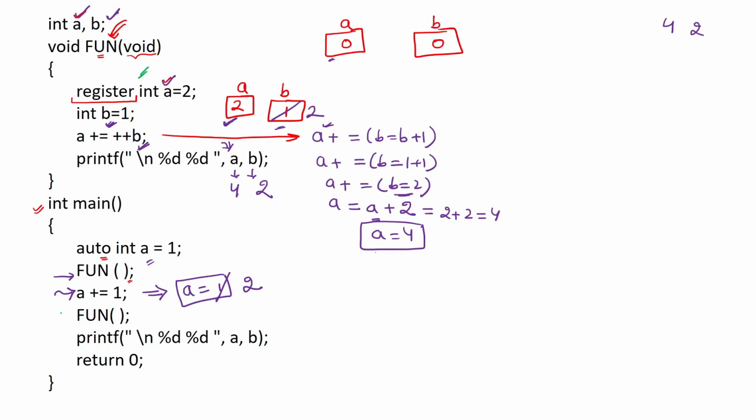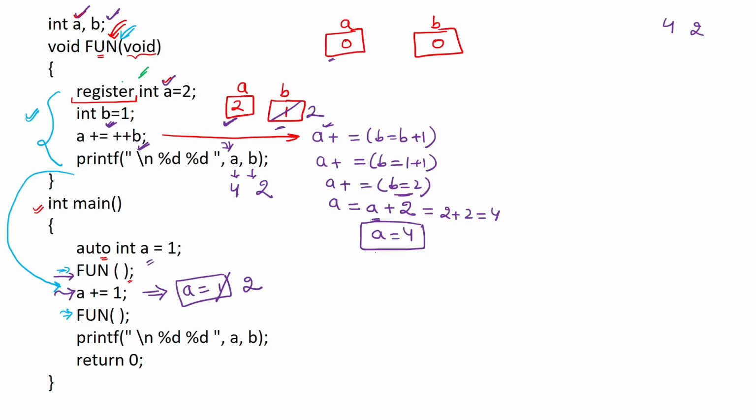Now before calling this function fun again, you should understand one important thing. What is that thing? When you called fun first time and we came here and we executed all these things, right? And A was 4 and B was 2. When we were returning from here and we came at this point, then all the variables which are actually present inside this body, they will be deleted from the memory. Okay, they will not be stored now.